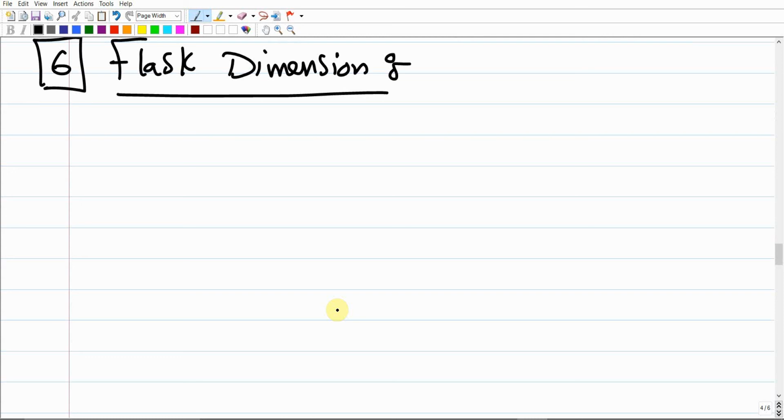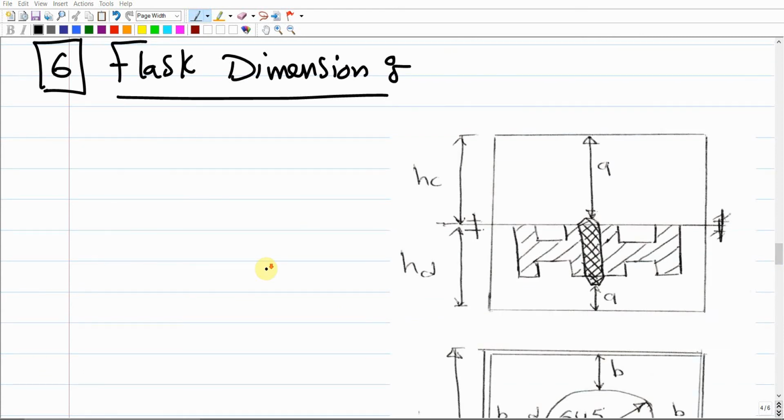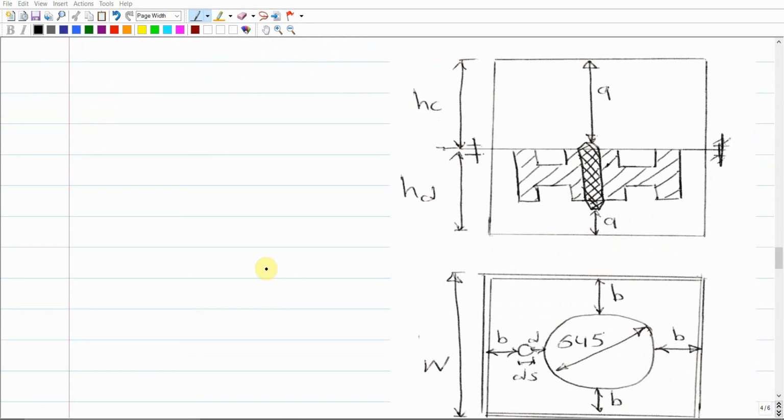D dimensions, arrange them somehow, and then we're gonna use a table to find the values of these dimensions that we're already adding. So if we did so, we're gonna find the 2 projections already drawn here, that this is the casted product, right? This should be the molten metal, or the product, or the casting, where it is located inside the sand, and everywhere it should be the sand, and the exterior here it should be the flask,